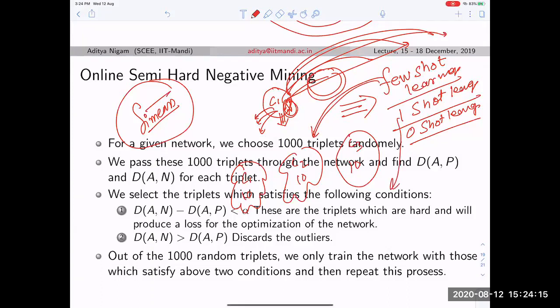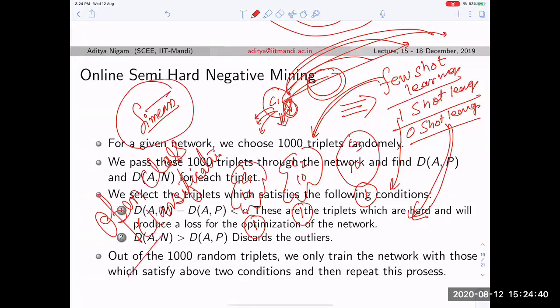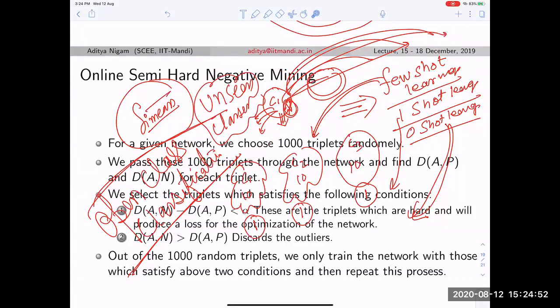One shot learning says that I'm having only one image of a class. Can you come up with the classification? For a few classes I'm having one image, and zero shot is saying that for a few classes, I do not have any image at all. Can you learn an open class classification? Open class classification means that for a few classes, I have not seen them at all. What is going to happen for my unseen classes?